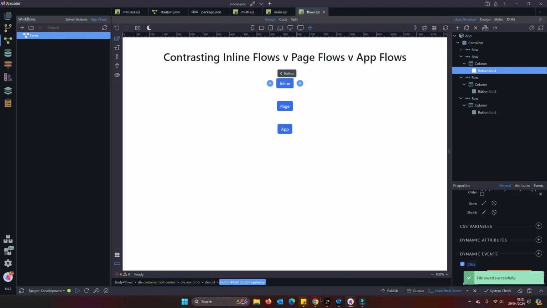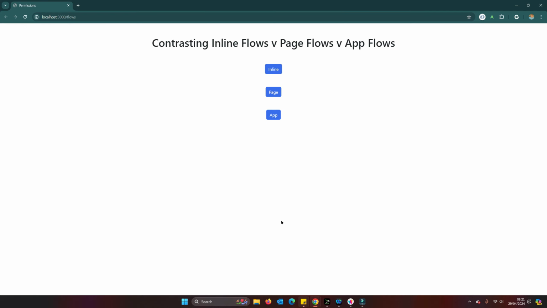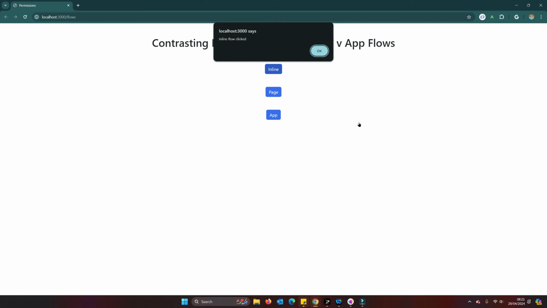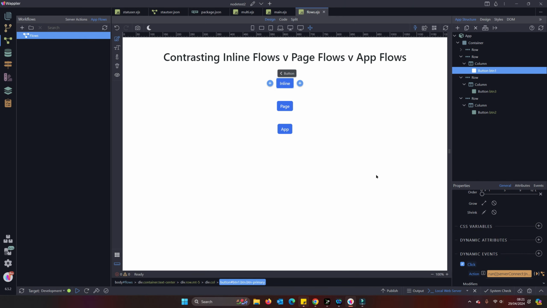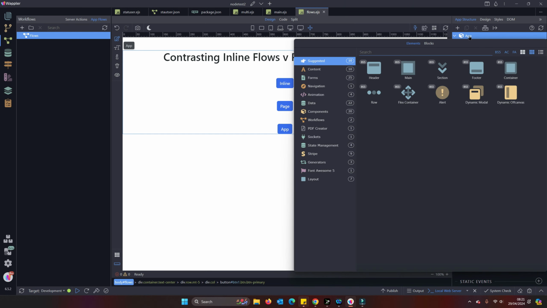Now if I go back into my browser and just refresh that, you'll see there that it recognizes that we've clicked that button, and it does tell us the inline flow has been clicked, but that was pretty useless for what we need. What we actually do is need to use an alternative, and if we go into flows, you'll